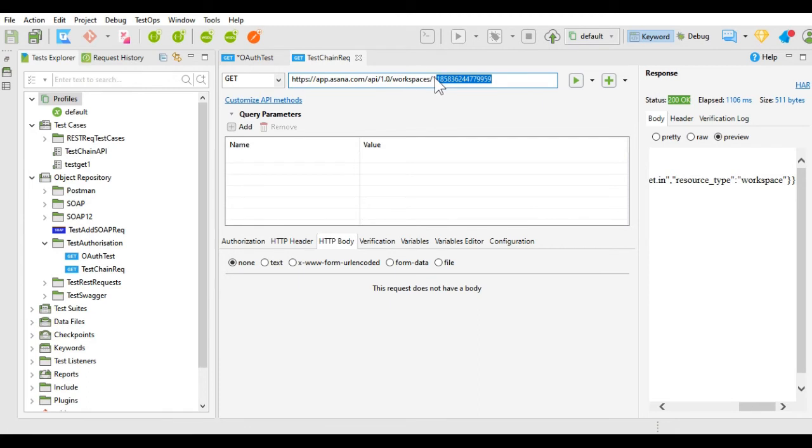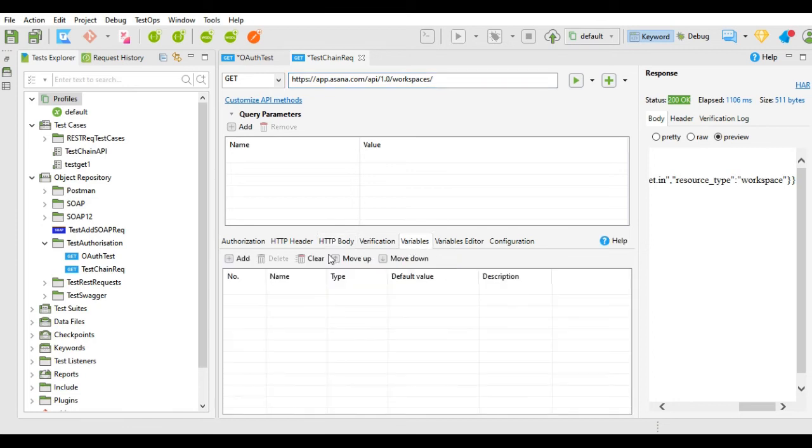So here we will replace this value with the variable value. I will delete this. Now we will go to the variables tab over here.